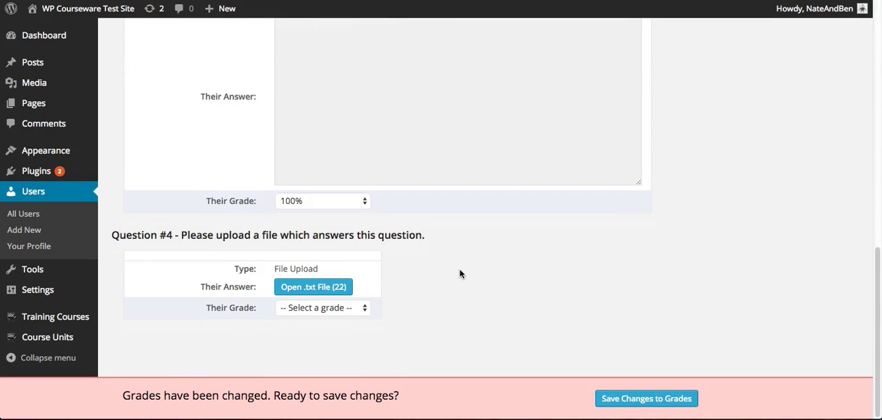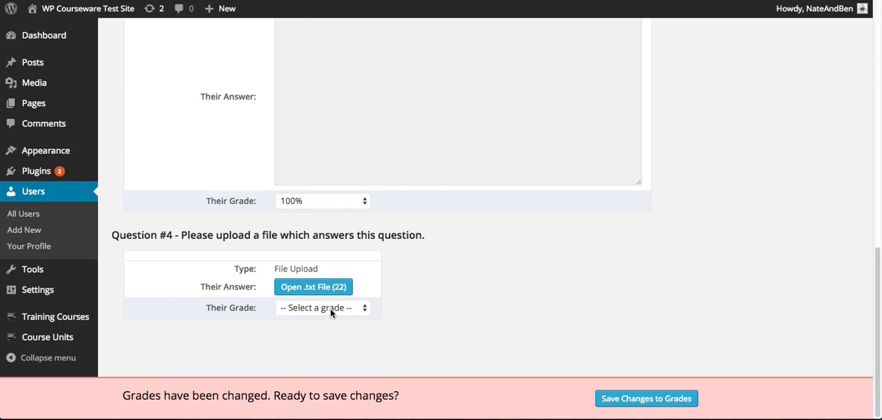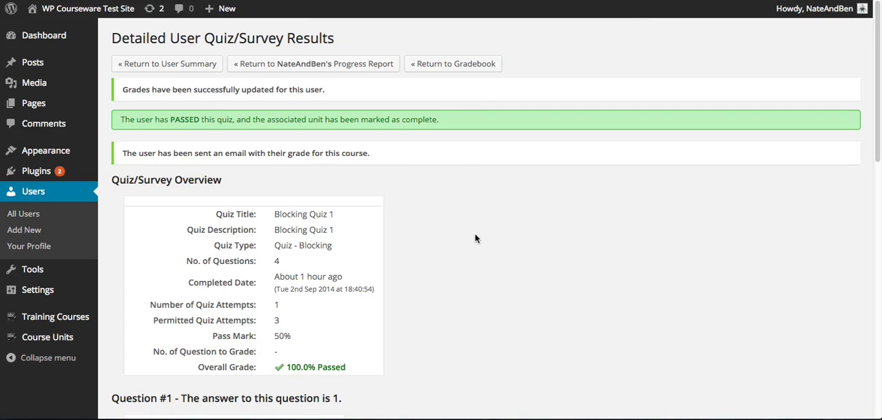We also have the file upload question. We could review the student's assignment or the file that they uploaded and then go back to their quiz and assign a score for that question. So I'm just going to save changes to the grades for this quiz. Now we see a message that the user has passed this quiz and the associated unit has been marked as